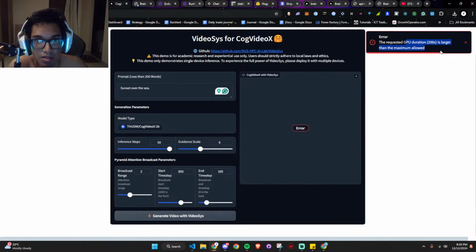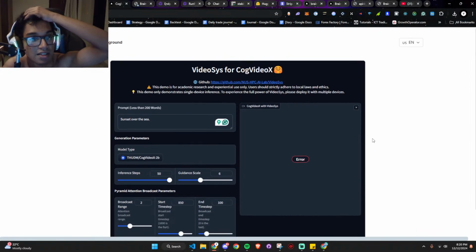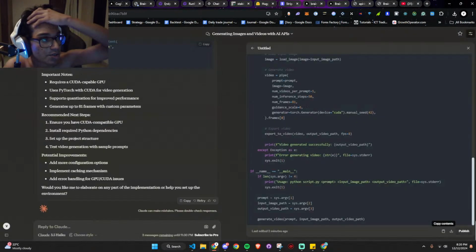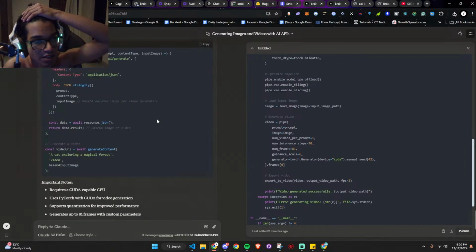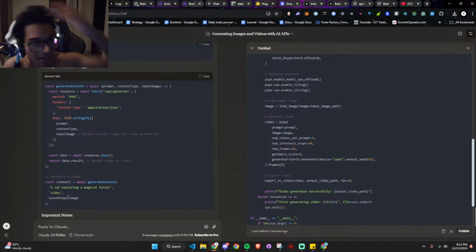What's this? Okay. How do I increase this? The requested GPU duration 200 seconds is larger than the... Okay. I think I'll have to look into a few other models, and I will have to sort of give it